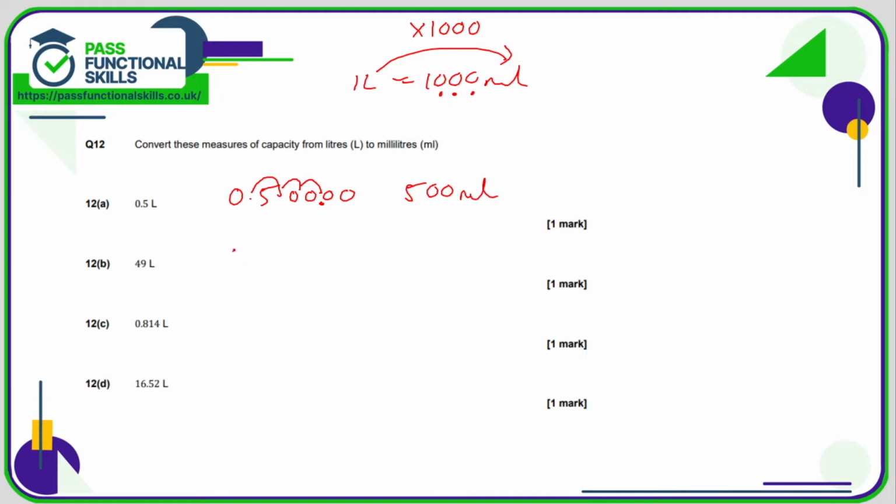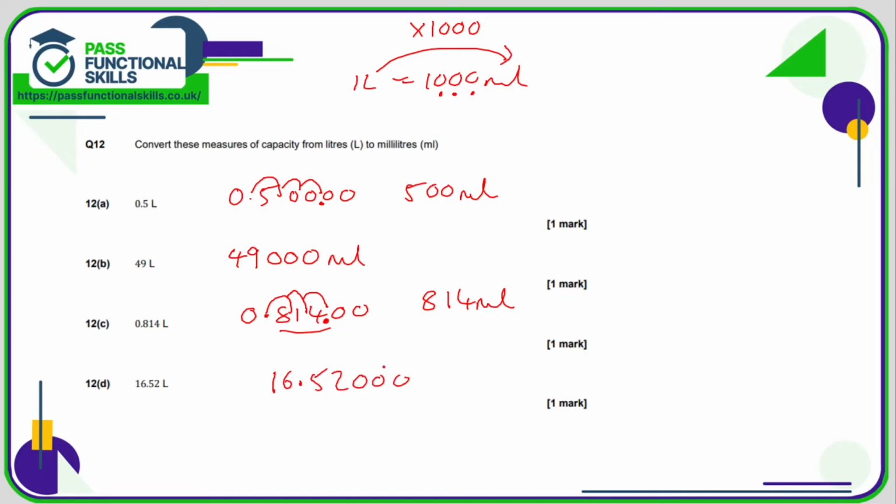49, that's a whole number, so to multiply by 1,000 I'm just going to add 3 zeros, that's nice and easy. 0.814, again I'll just put a few zeros on the end just to make it easy to move the decimal point 1, 2, 3 positions. So 814.00, in other words just 814 millilitres. 16.52, I'll write as 16.52 with a few zeros, again move the decimal point 3 positions, 1, 2, 3. The answer is